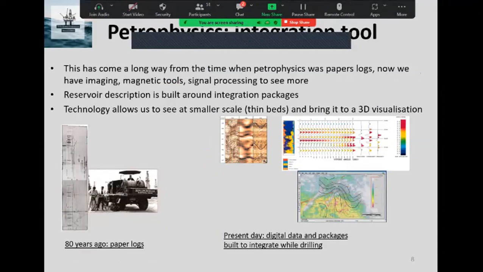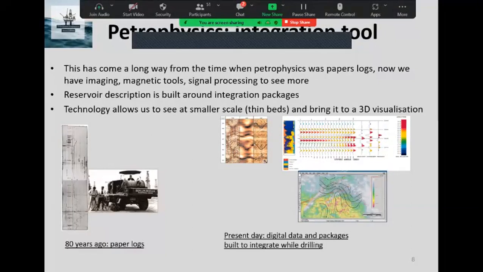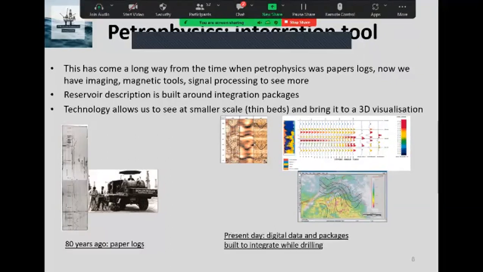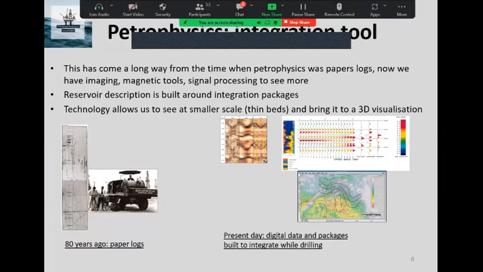Petrophysics has changed since the Schlumberger brothers produced paper logs, and the discipline has evolved amazingly fast and far. Now logs and test data are input while being acquired and can be used instantly in a purpose-built integration package to link all disciplines to optimize decision making.